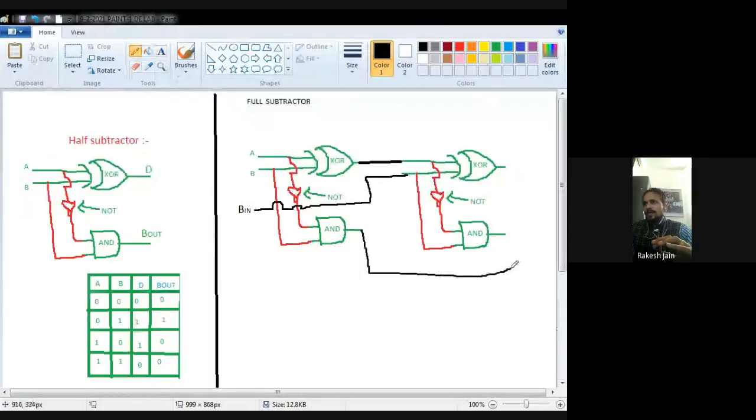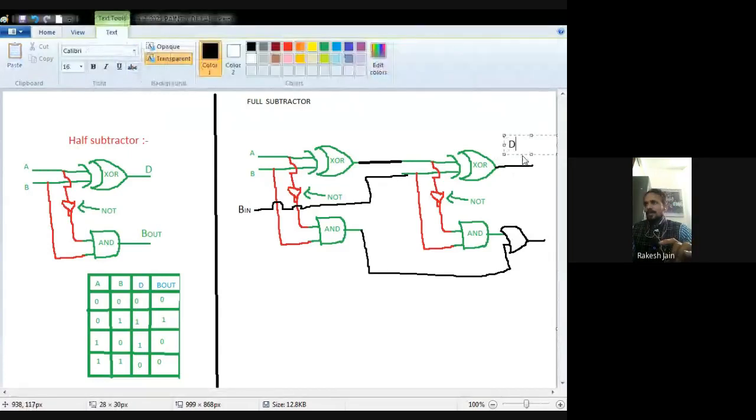This one is the third input, and the third input is known as the Borrow input. That is not B, that is actually the Borrow input. What is the name of this input? BIN, where the IN is in subscript. So one input is A, one input is B, and the third input is the Borrow input.